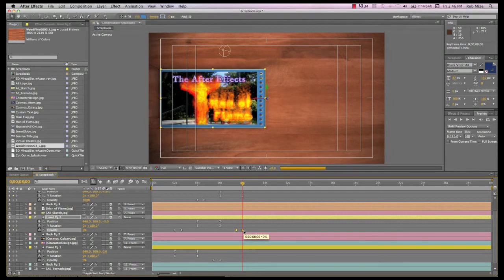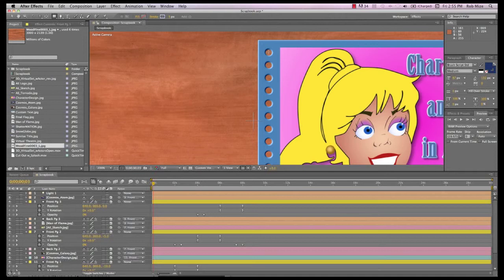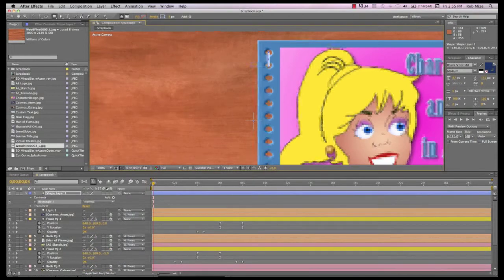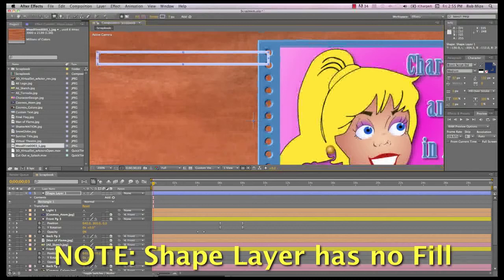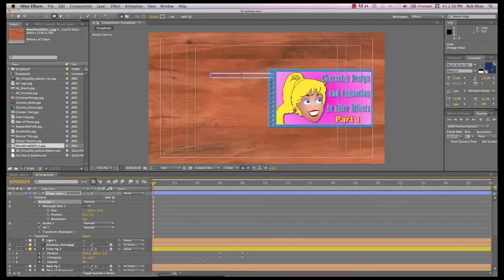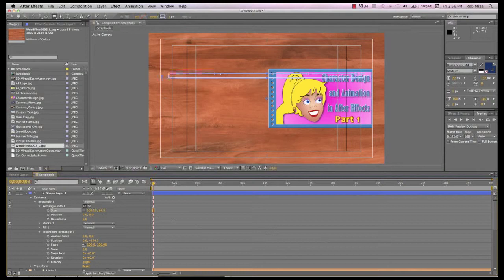Now let's work on our rings for our binder. With no layer selected, I'll select my rectangle tool and draw a small rectangle which will create a new shape layer. I'm going to open up the parameters on that, open up transform, and change that position on the x-axis to 0, and unlink the size values and change that x value to make it larger than the composition.